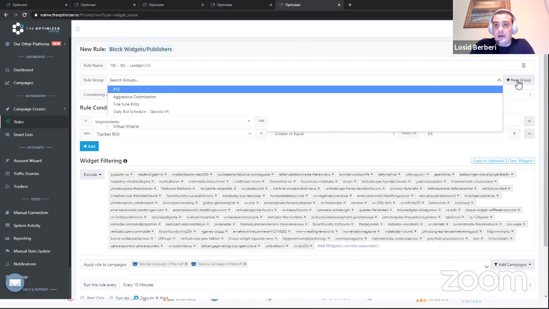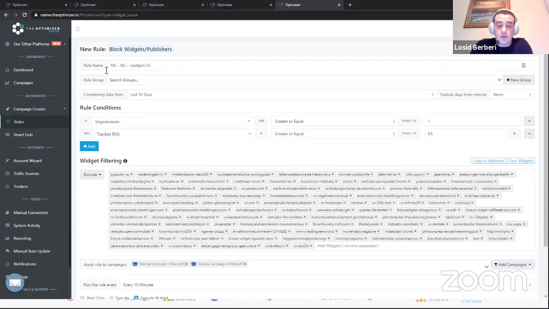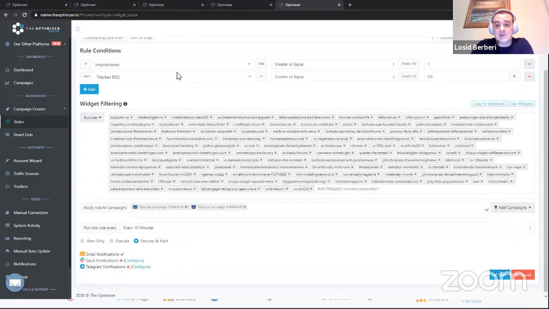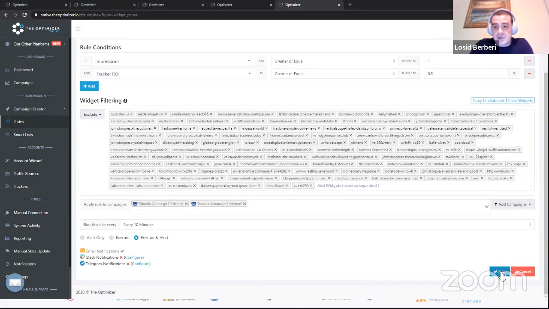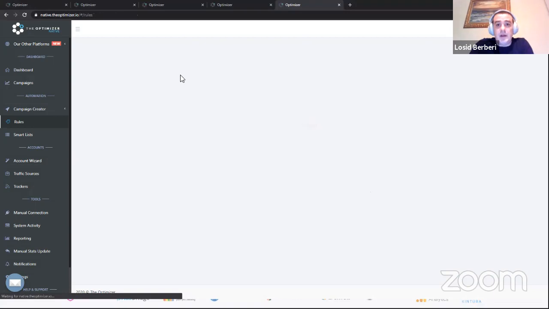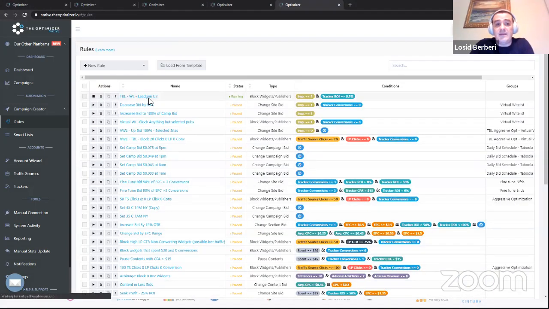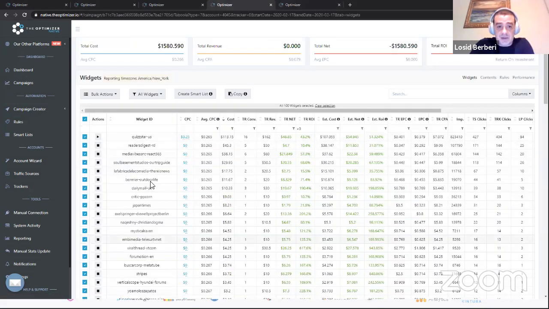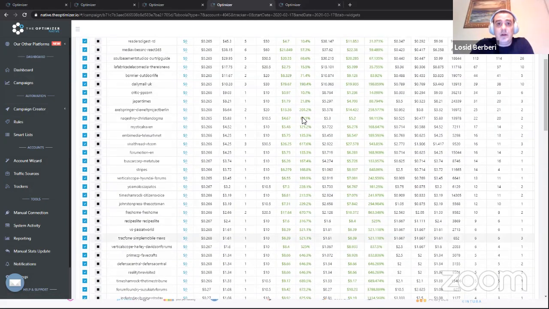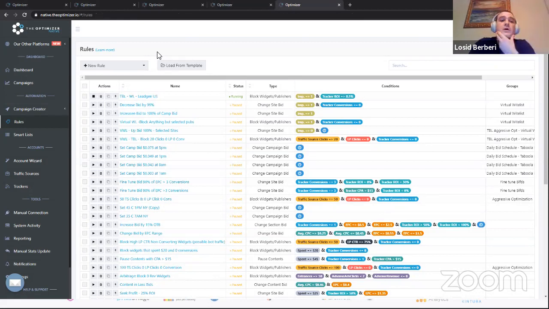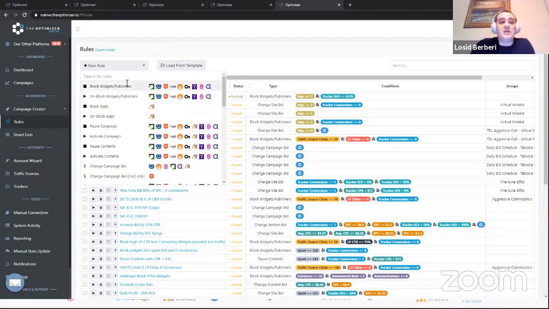And here I can assign a specific rule group if I need to. So I can add and remove rules in groups, add rules in groups to specific campaigns. However, I'm skipping this for now. So I'm just going to save this rule. And this will be my first rule to execute, to block anything other than these publishers that I've selected here. Then I can go and create a site bid change rule